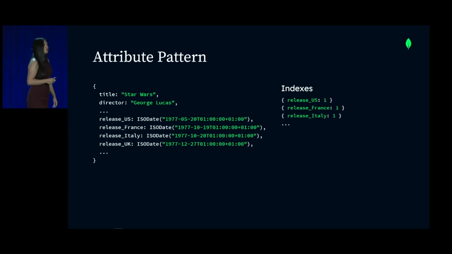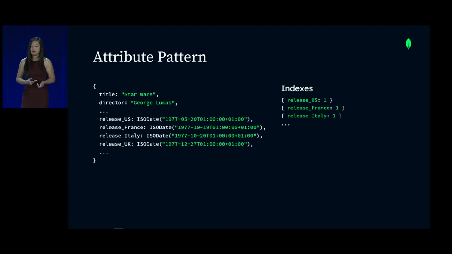The next pattern is something called the attribute pattern. You'll see here we have a document on a movie. You may have heard of it before. And we have some indexes on the different release dates of this movie. In this case, we're looking at what release dates were for the movie Star Wars. And because release dates have many different countries that may have had different release dates, in the initial design that we've stored them as an individual field in each document. But when we do this, you'll see that the needed indexes for this are one per individual field, one per country that we have decided to list. And that's not always the best case.